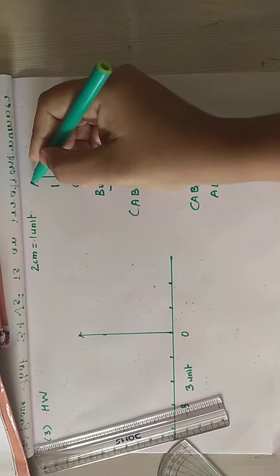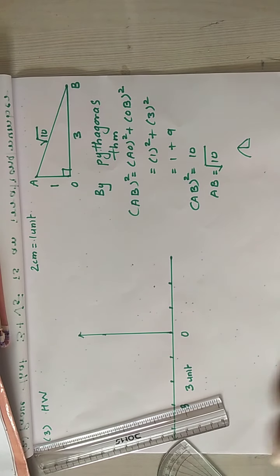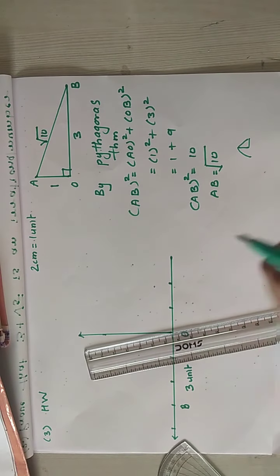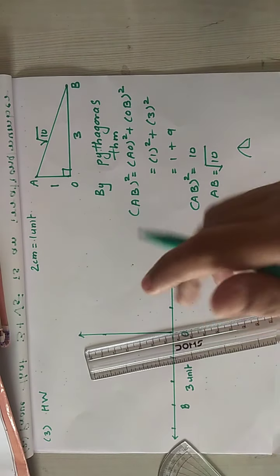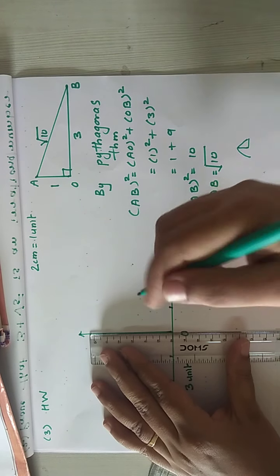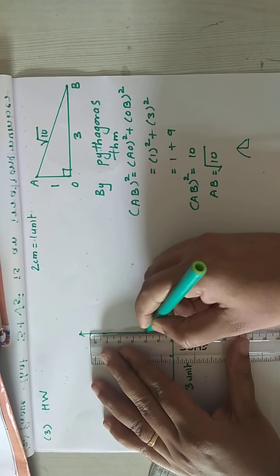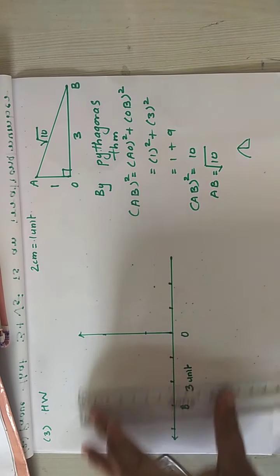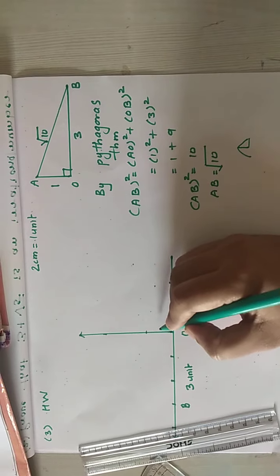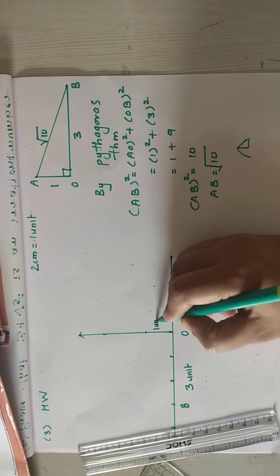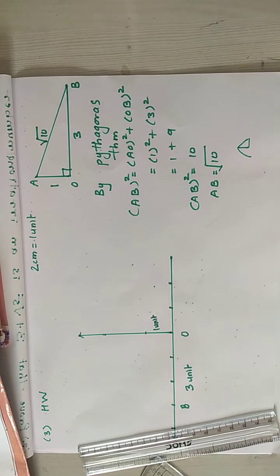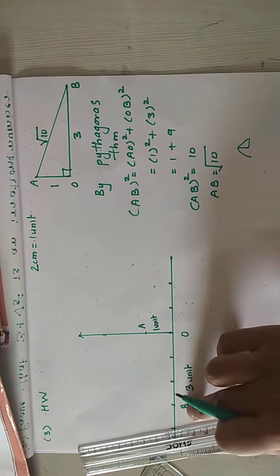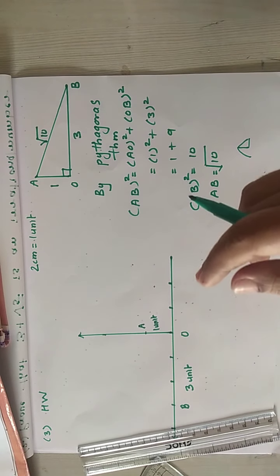Now from O till A it is 1 unit. And 1 unit according to us is how much centimeter? 2 centimeter. So we draw 2 centimeter on this line. This is 2 centimeter. Okay, 2 centimeter means 1 unit according to us. Okay, so this will be A, O, B. Join AB and complete the triangle.